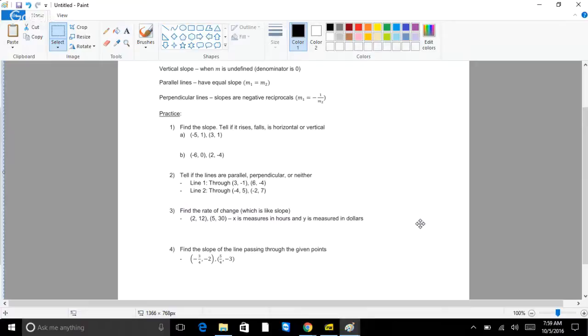So if you remember, we talked about what the slope of a line is, and we described that as the rise over the run, or the change in y over the change in x, or there's even an equation that we wrote for that. So let's go ahead and write that up there. So just to remind ourselves, the slope, if you remember,